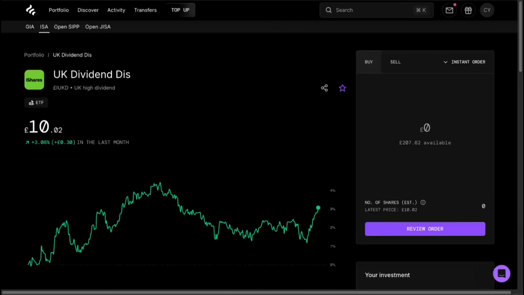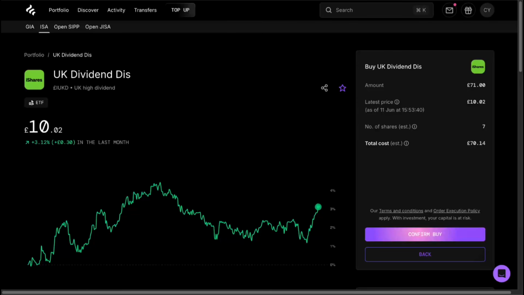With the goal of this portfolio being to build a reliable UK focused dividend portfolio, I think it's very important to have a UK based ETF at the core. I've chosen the iShares UK Dividend ETF, stock ticker IUKD, as the core holding because it targets high-yielding UK dividend stocks across a broad range of companies, offering higher than average yields, wider sector exposure, and strong liquidity. It has also outperformed the FTSE 100 over the past 1, 3, and 5 years, making it a solid fit for an income-focused portfolio. For that reason, I'm going to be adding 7 shares to my portfolio today for a total amount of